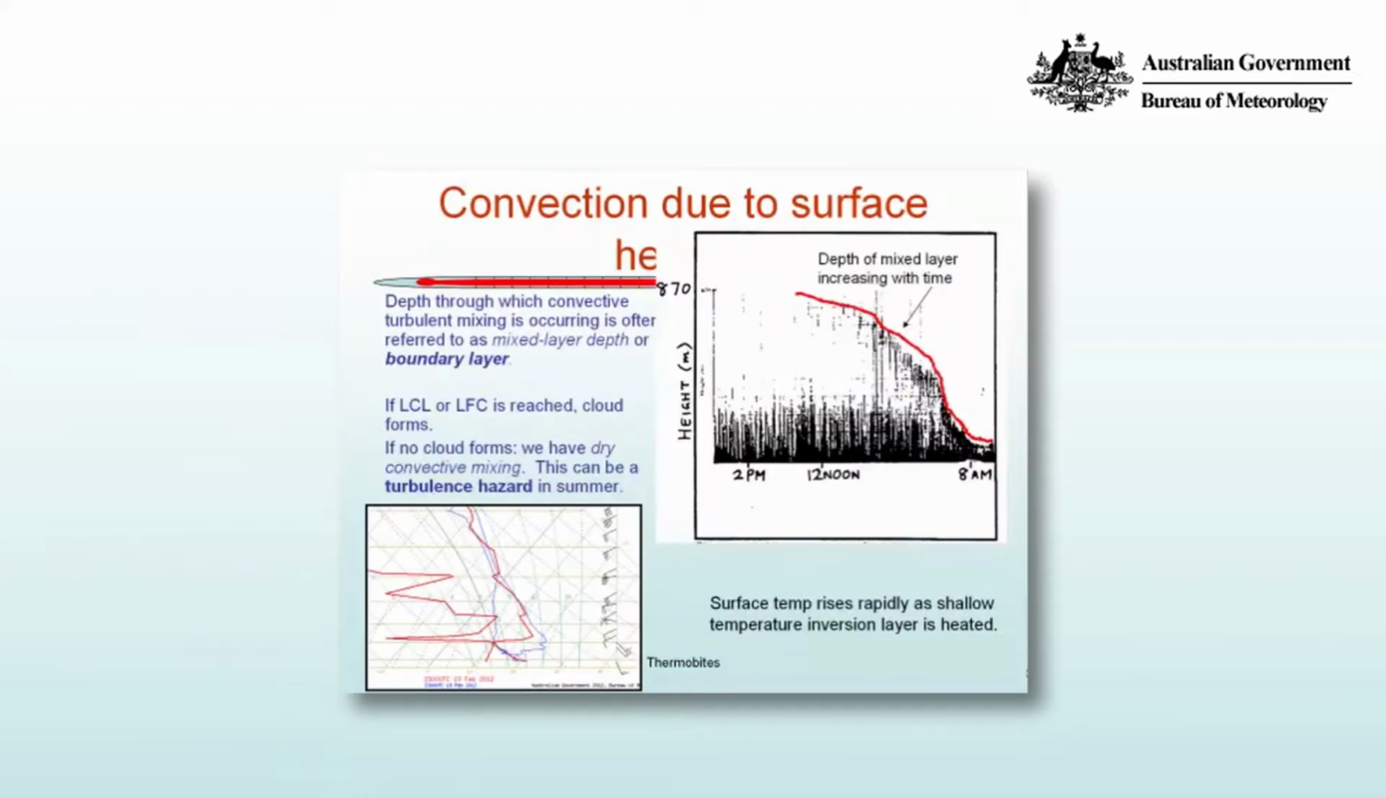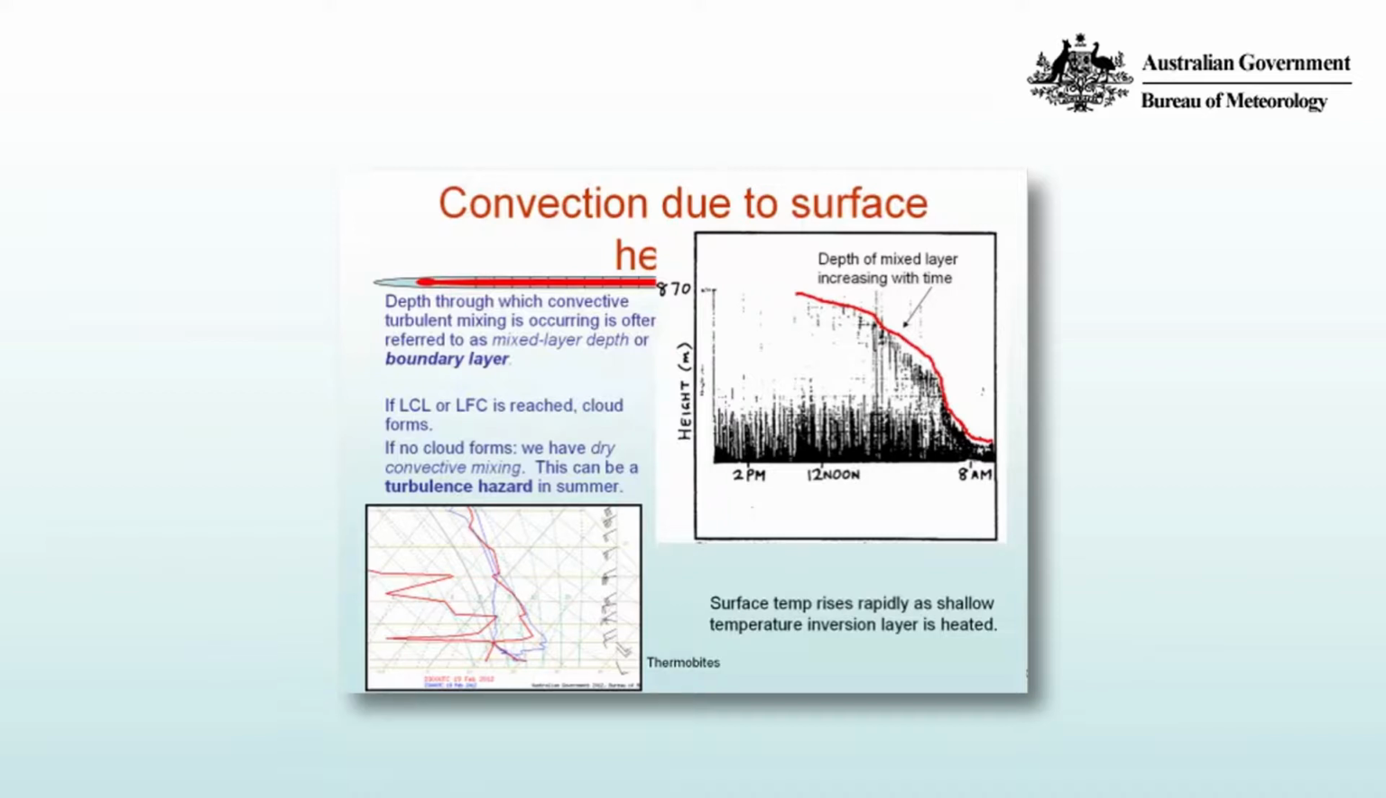We can actually have a look at this. On the right hand side is a figure which illustrates the depth of what's known as the mixed layer depth, or the boundary layer, and it's the depth through which turbulent mixing is occurring. So you notice it's very shallow early on, and then the depth increases fairly rapidly initially, because very often you'll start with a temperature inversion, a radiation temperature inversion, and that can mix out fairly